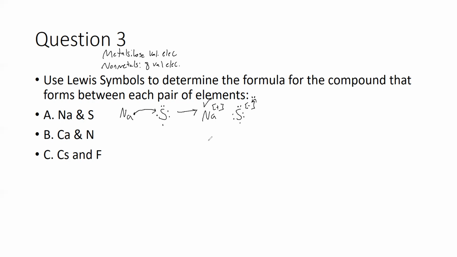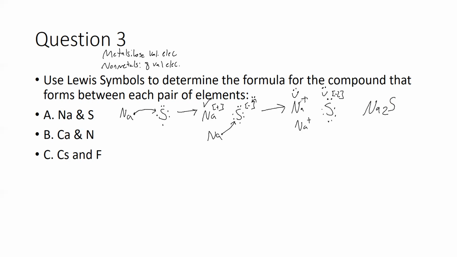So I can add another sodium ion or atom here, which has 1 valence electron. Give that to sulfur. And when we have that, I have 2 sodiums that lost their electrons, so they're happy. I also have a sulfur that has a full octet and it's -2, so it's happy. So when sodium and sulfur combine, they will always make